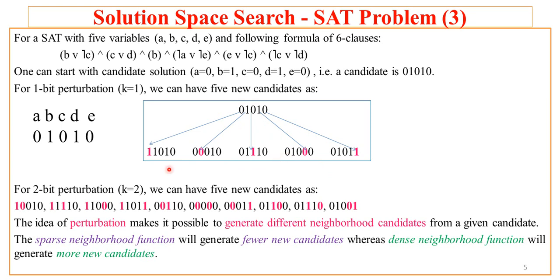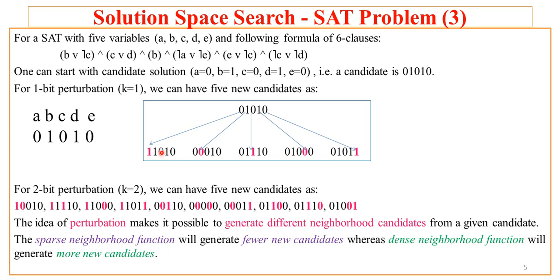5 new candidates. Now with these 5 new candidates, one can try putting the values, for example A1, B1, C0, D1, E0, and can again try to evaluate this. So this way what we can do, instead of brute force, wherein you have to try all possible 2 raised to power n variable combinations, instead of that we have some candidate solution as a current candidate, and with certain perturbation, that is change in bit, we will generate new candidates and we will try to test our SAT with each of these candidates one after another.